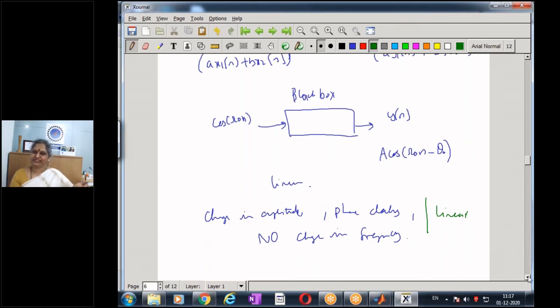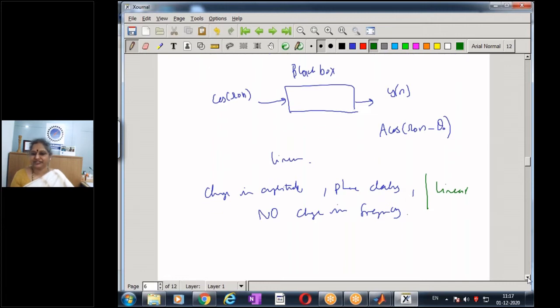So this was a small deviation from what we have been discussing, because often we will not have the examples that we are discussing in the class. We may have some closed box, or some system that needs to be modeled. We do not know what is within, and this becomes an extremely simple test for checking the system for linearity.